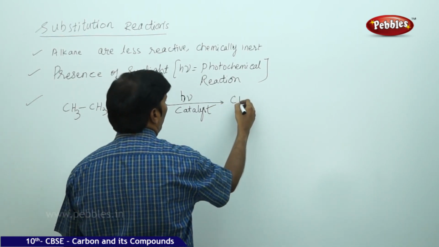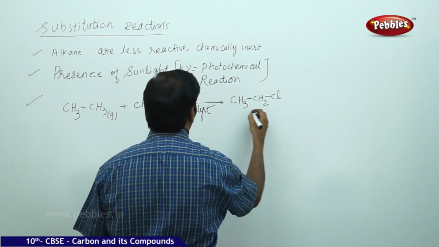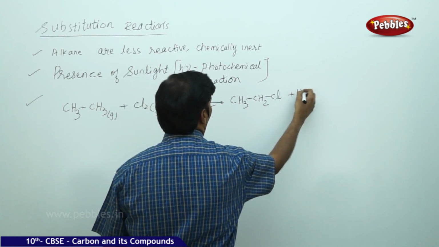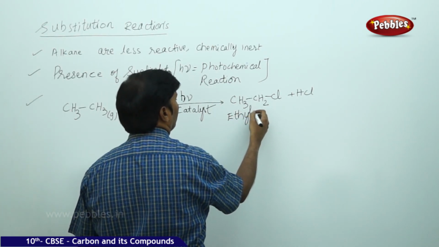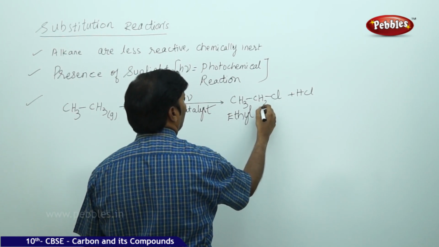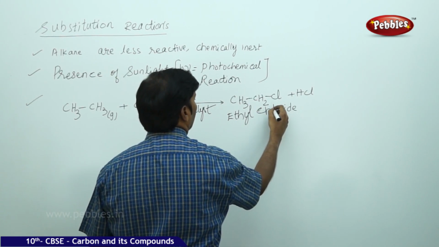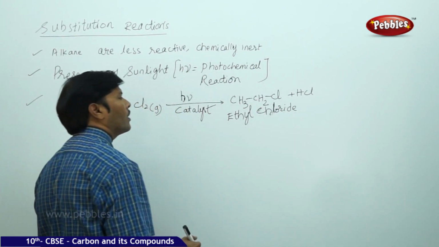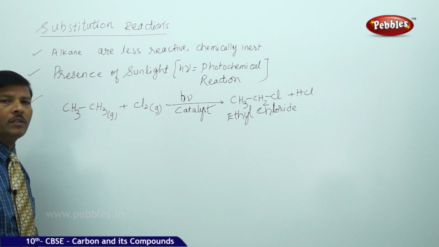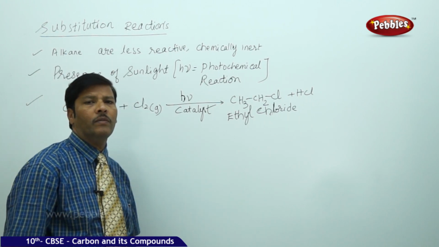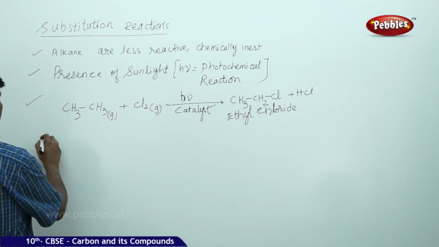you get here CH3-CH2Cl plus HCl. This is called ethyl chloride. So this is one of the important reactions which you have to understand in the case of substitution reactions of alkanes. Now, if you go for the next part of the question,